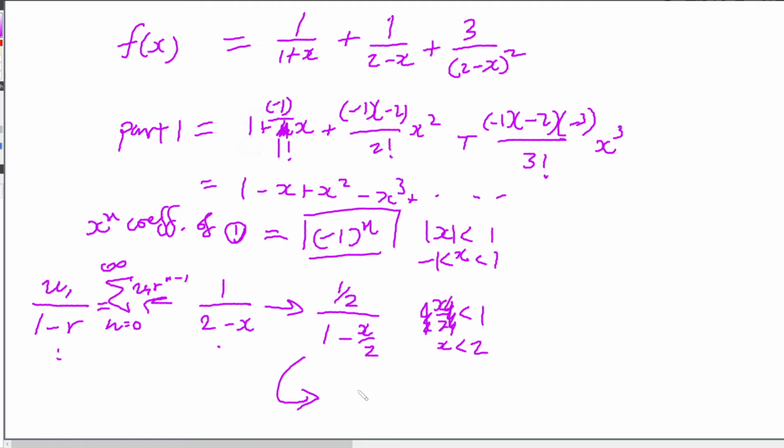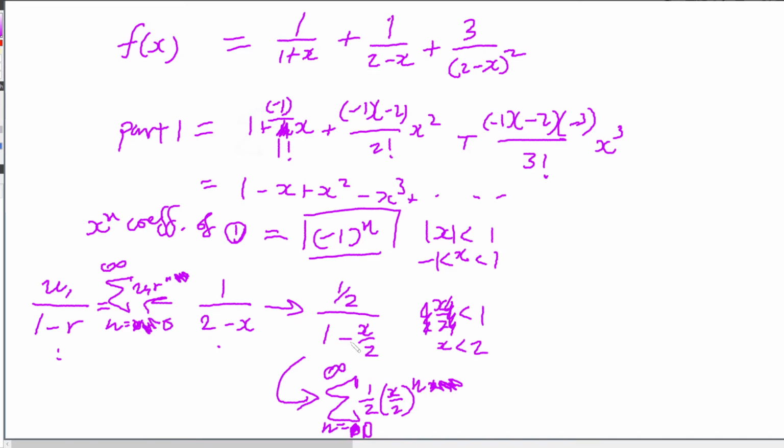This becomes the sum of u1, 1 over 2, r to the n minus 1, where n is 0 to infinity. And what's r? It's x over 2. Oh right, this starts at n is equal to 1. Sorry, not n is equal to 0. But I guess we could just use 0 and let this be n rather than n minus 1